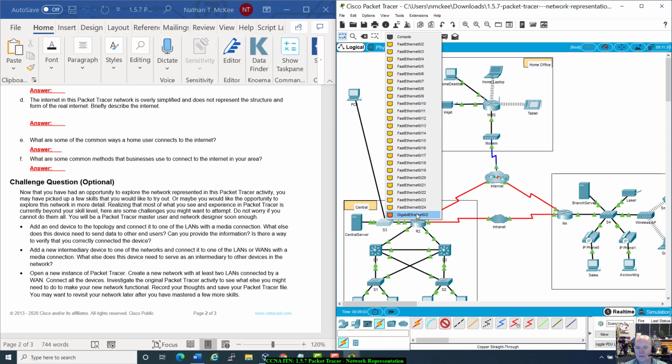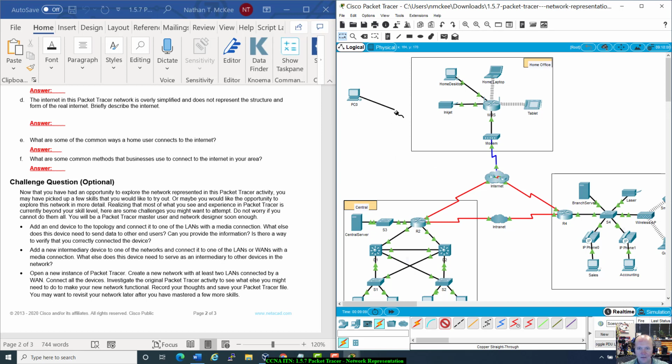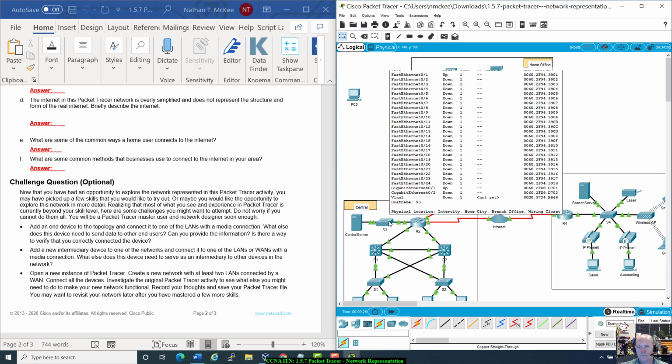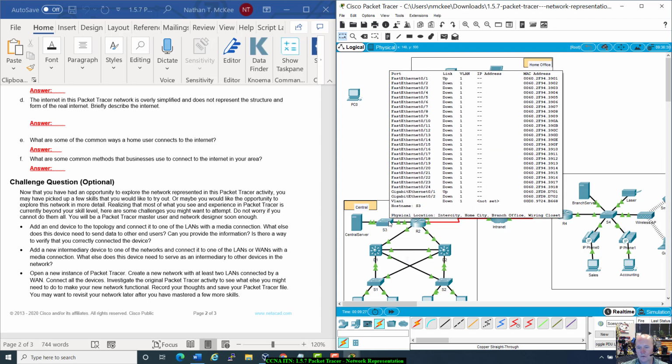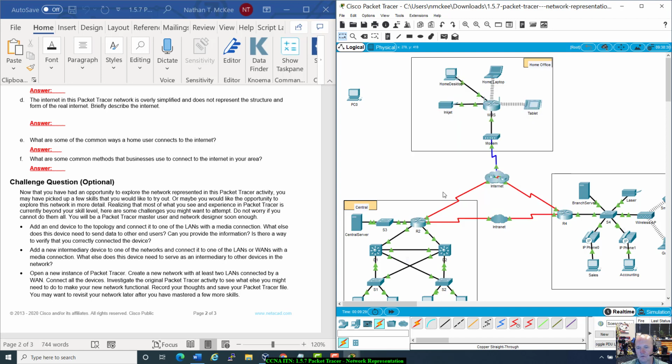All right. And Gigabit 01 is not showing either, because down here, and if I want to get out of this, hands off the mouse. If I hit escape, it gets rid of that live connected cable. So if I look down here, switch 3. The reason two of the connections weren't showing up,